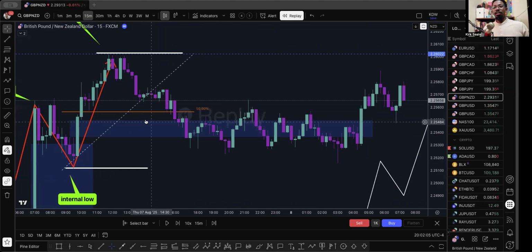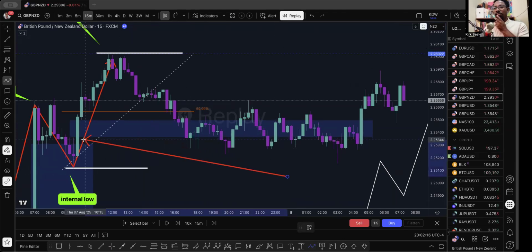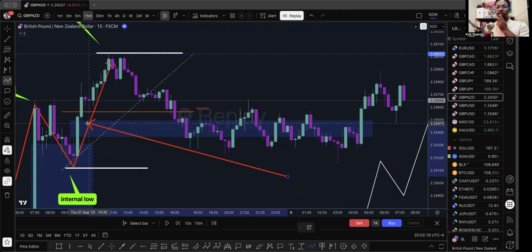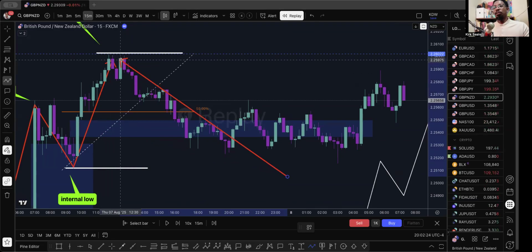All right. Within that discounted area, was there an area of imbalance? Yes or yes? All right. Yes. All right. So,